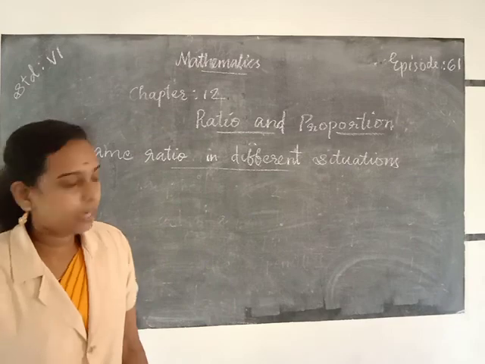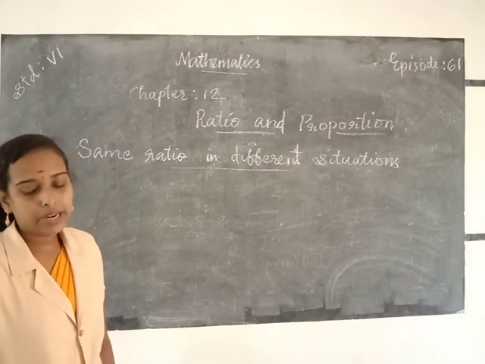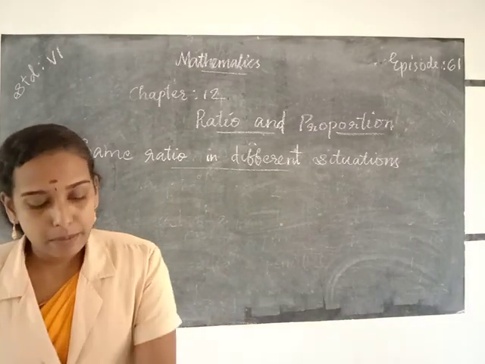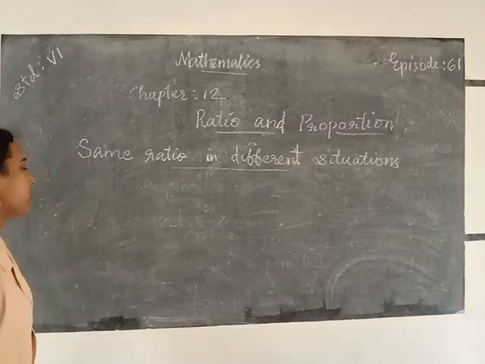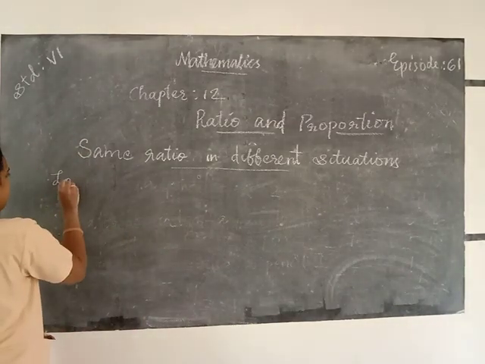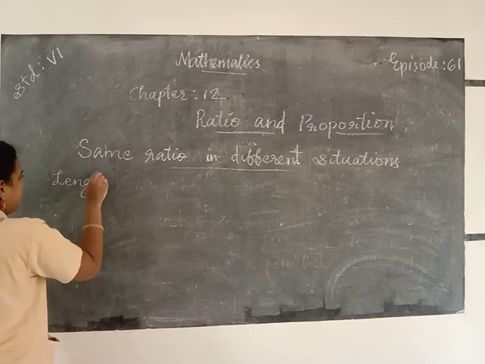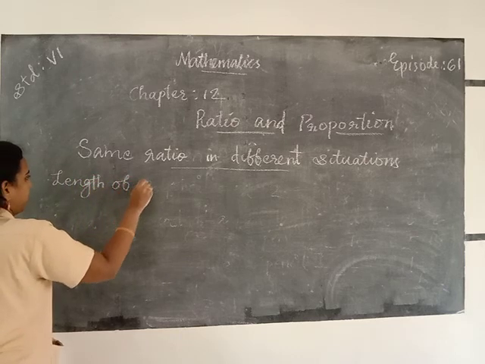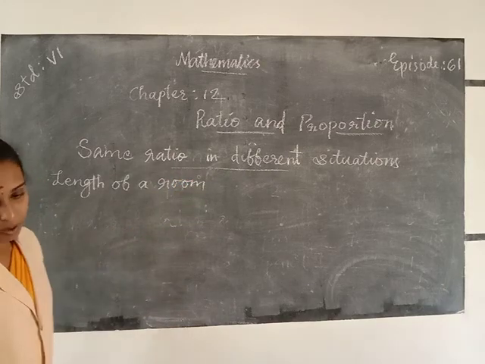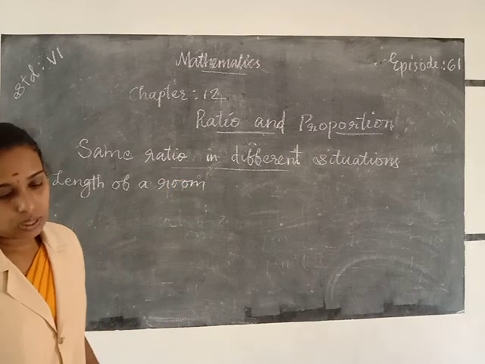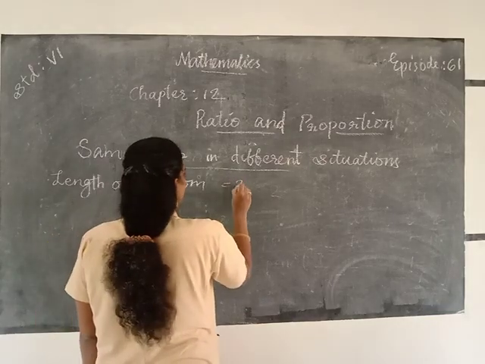So we use same ratio in different situations. Let's learn about them. And the first question: length of a room is equal to 30 meter